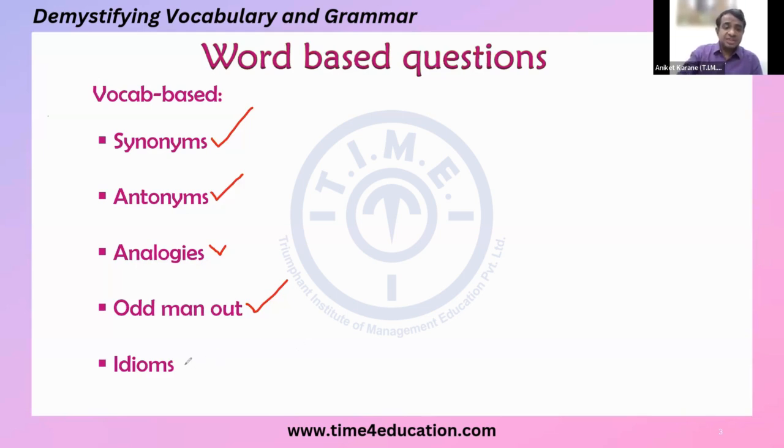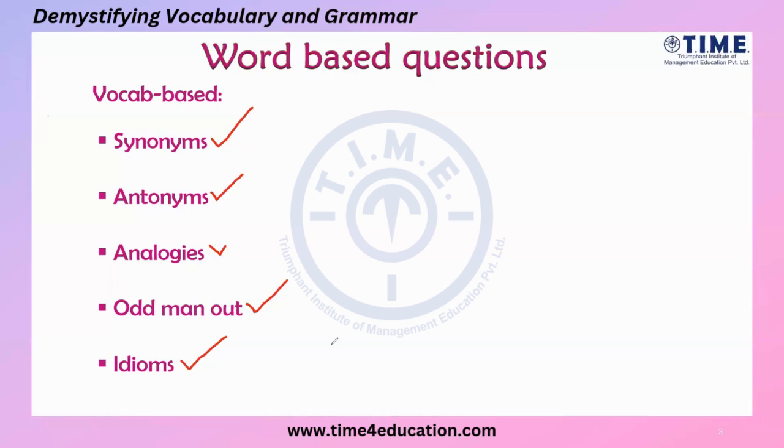And then lastly, we have idioms. Now idioms are phrases with implied meaning. What does implied mean? Implied means something that is not given, but it is there. Okay, so it is kind of assumed, you can say. Okay, so when I say raining cats and dogs, it's more to do with raining heavily. It's nothing to do with cats and dogs as such. Okay, next we have,